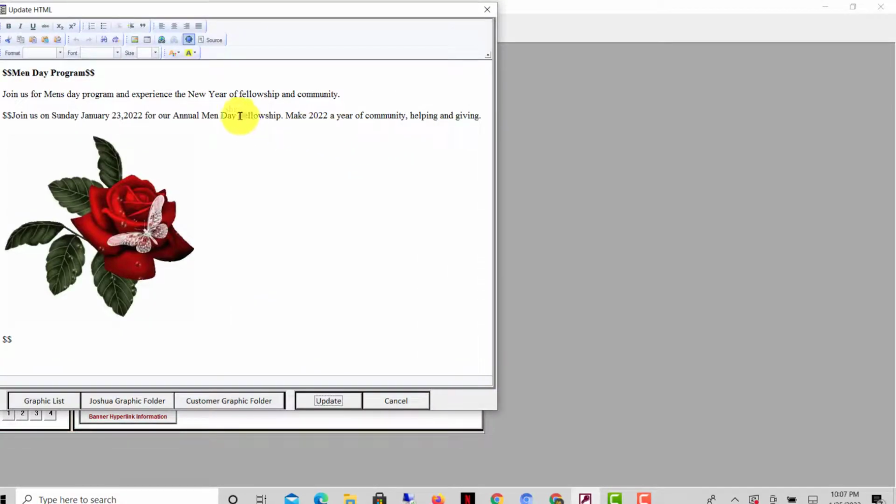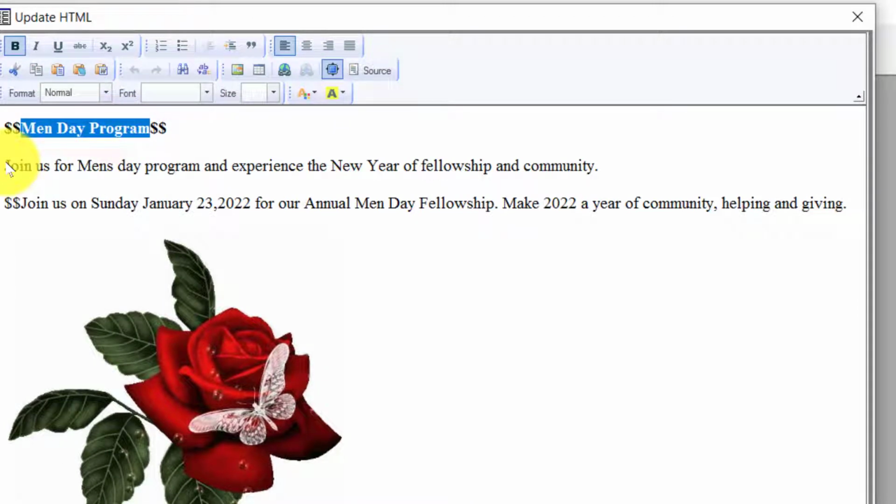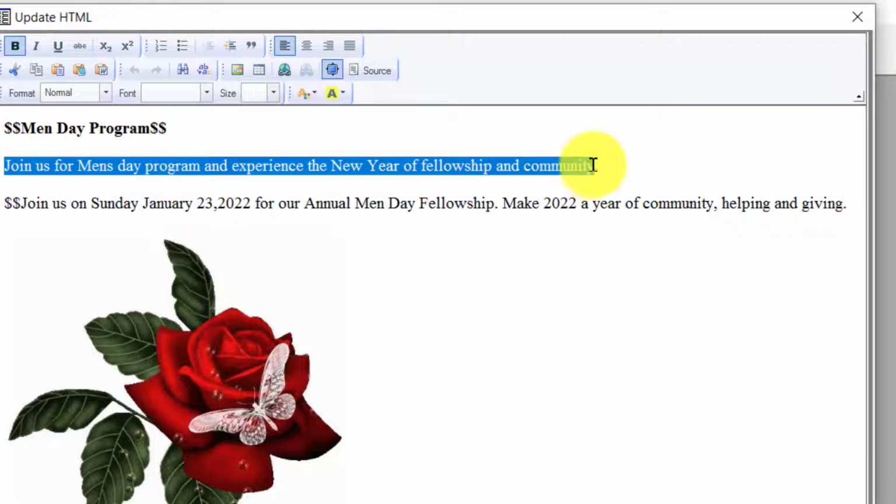When we click on edit HTML, this right here is the header on the home page, and this is the description that's on the home page. So a dollar sign at the front and at the end of the header will signify to Joshua to put this as the header of the news, and what comes after it, it will put as a description. The second dollar sign that's shown here is the second page, which Joshua will create, and this right here will be the